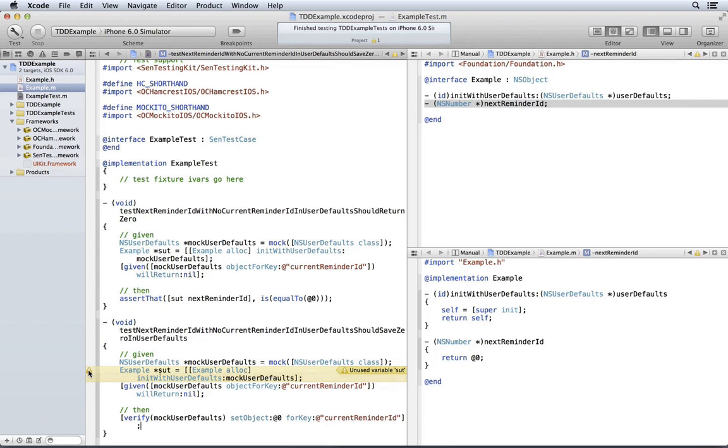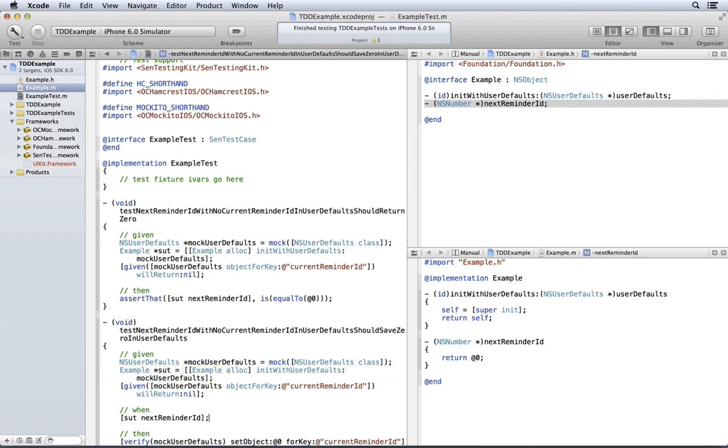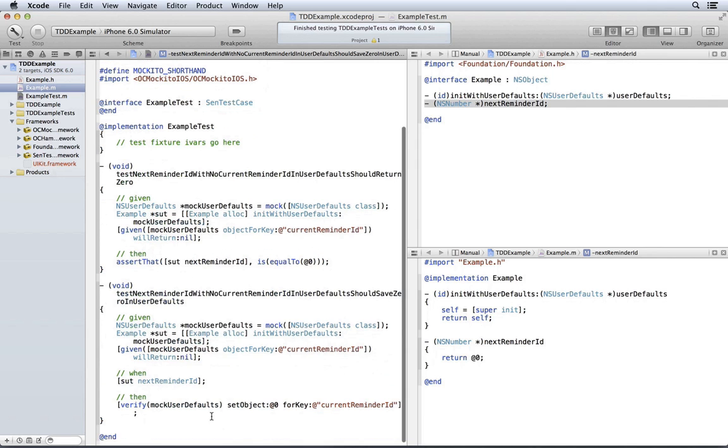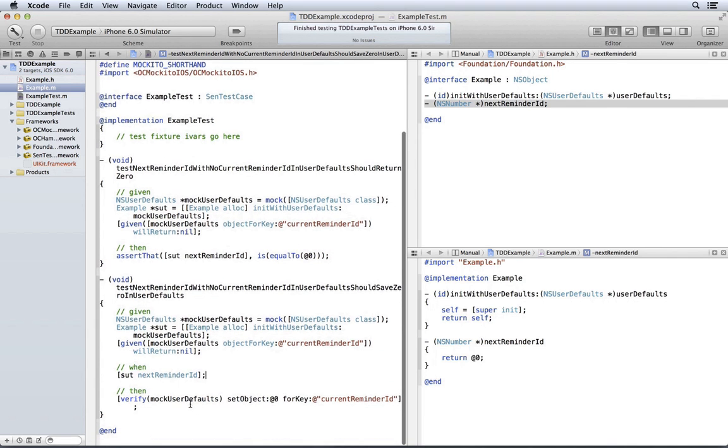I was like, why am I getting an unused variable? Well, that's because I ripped out the execution portion that was originally in here in the first test. Really, this is now going to look like this. I'm going to say, when I do this, and I don't care about the return value. Does this make sense?